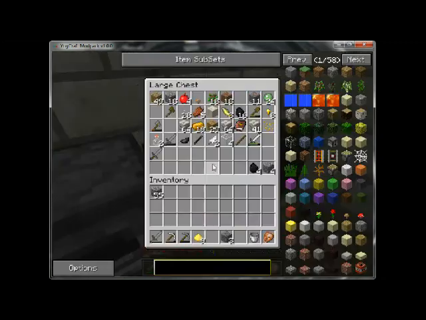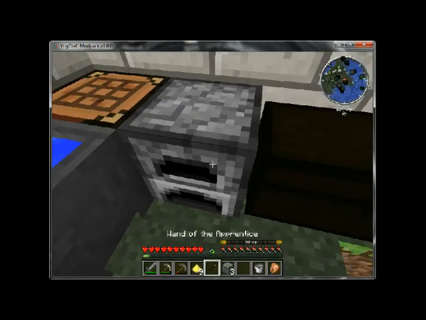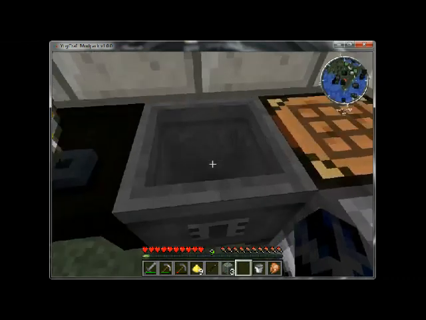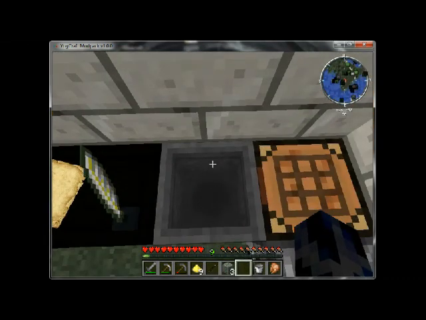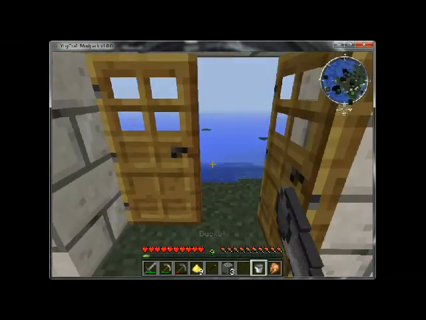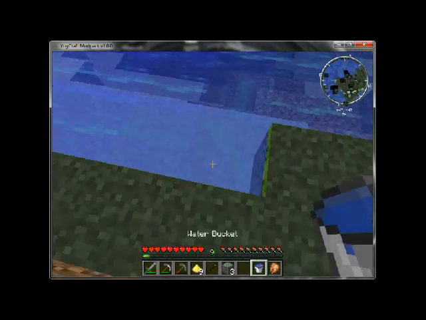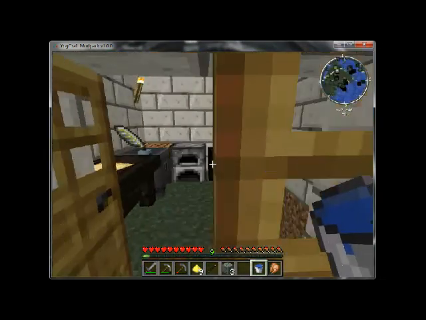We come over here and grab our wand as soon as I find it, and there it is. And then you give it a wave, and you've got a crucible. And then you've got to come back out here, get out of the water, and